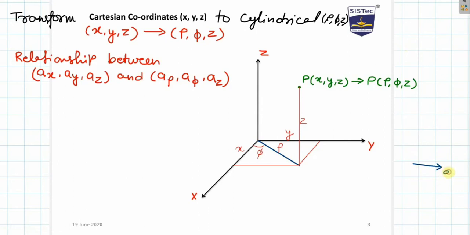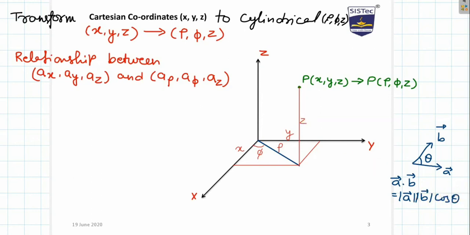Let's say this is vector a and this is vector b. If we take their dot product and the angle between them is theta, I am just revising the concept. What is the dot product? a dot b is equal to the magnitude of a, the magnitude of vector b, and the cosine of the angle between the two.